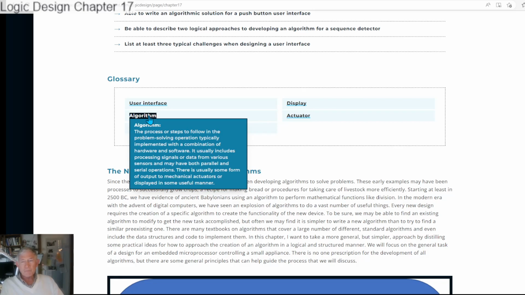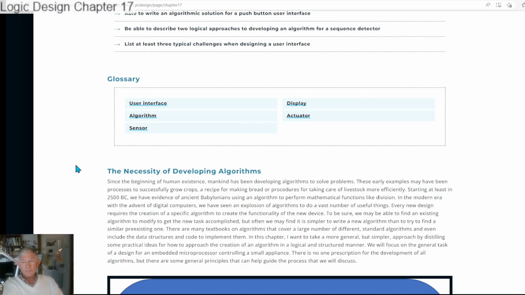And an algorithm is defined as the processor steps to follow in the problem-solving operation typically implemented with a combination of hardware and software. It usually includes processing signals or data from various sensors and may have both parallel and serial operations. There is usually some form of output to mechanical actuators or displayed in some useful manner, or perhaps both. All right, so